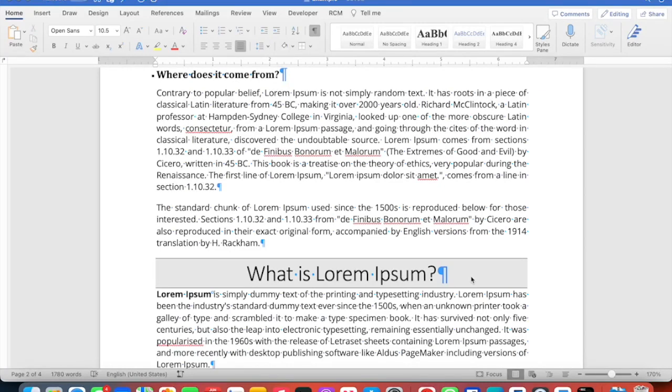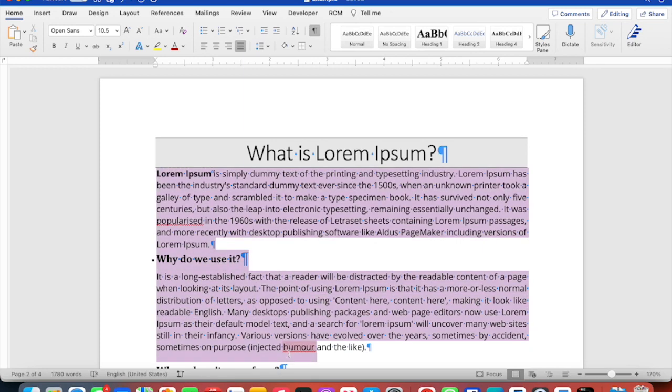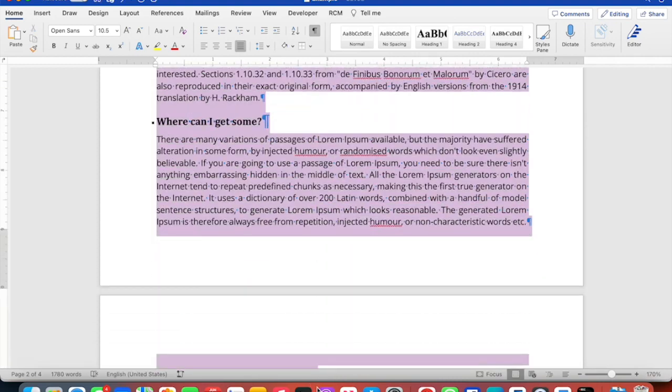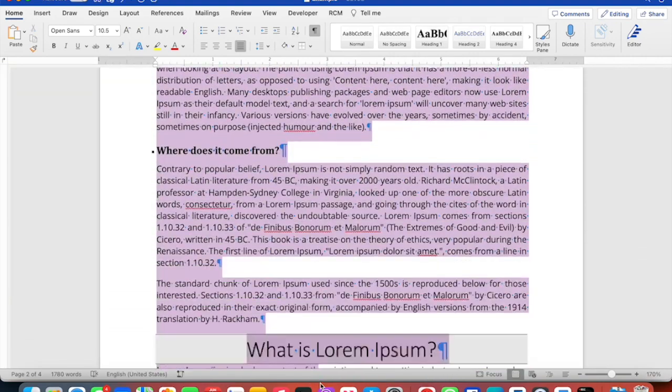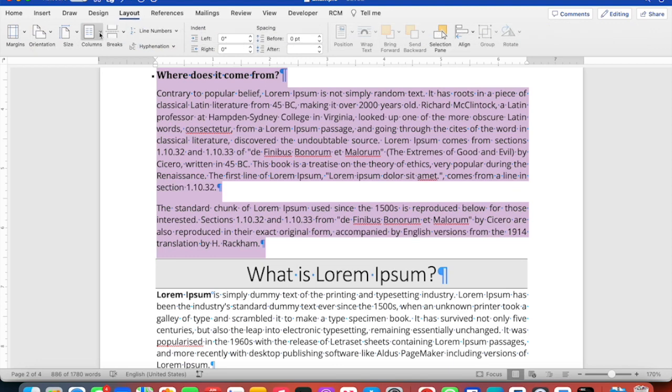In this video, I'm going to show you how to create columns and how to balance columns. So first, I'm going to go to the top of my document, and I can do this a couple of ways. I can go ahead and select all the text in this section down to here because I want this to go on a separate page, and I can go to Layout and